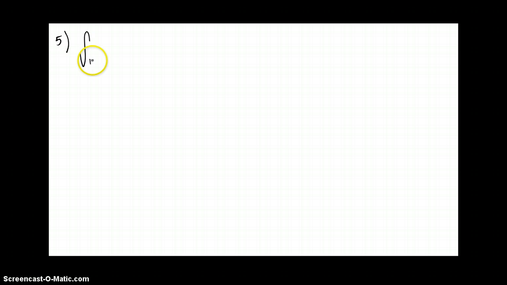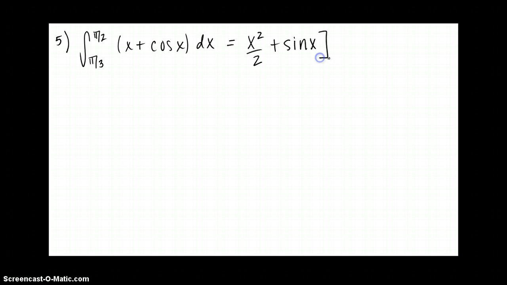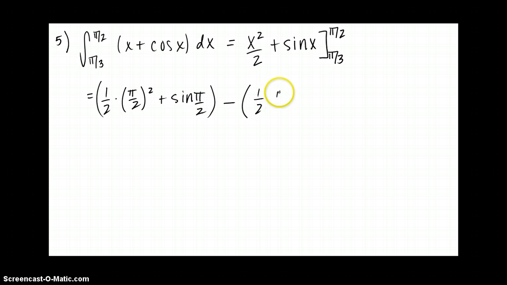Alright, let's look at this one. Again, not a u substitution. Why? There's no multiplication or division in the integrand. So using our power rule first, the antiderivative of cosine is positive sine, from pi over 3 to pi over 2. Plugging in the upper boundary, pi over 2 squared plus sine of pi over 2, minus, plugging in the lower boundary,